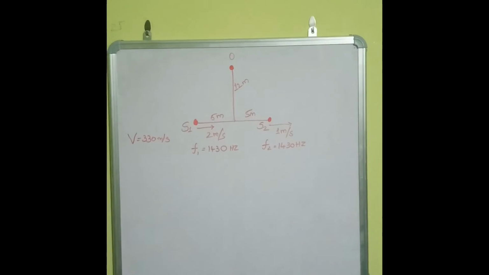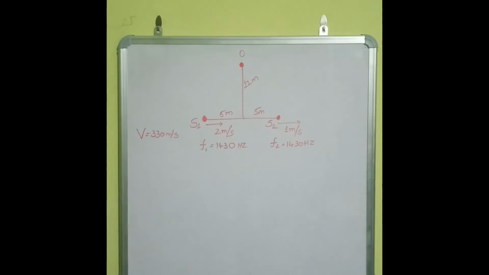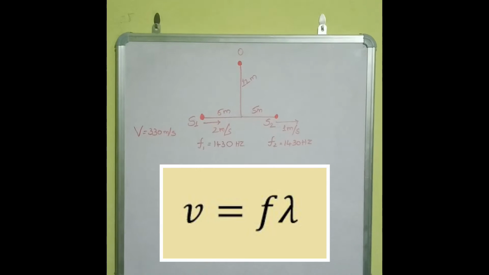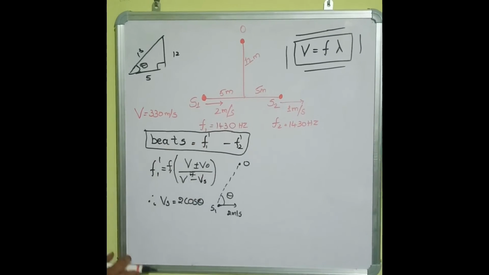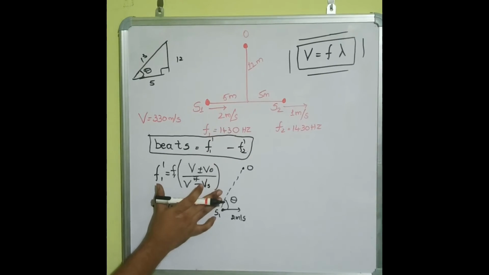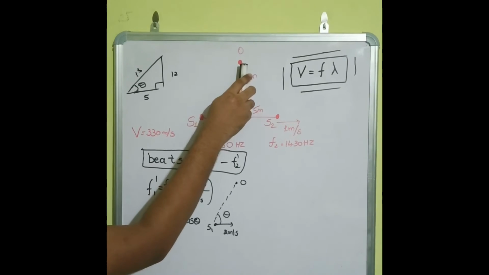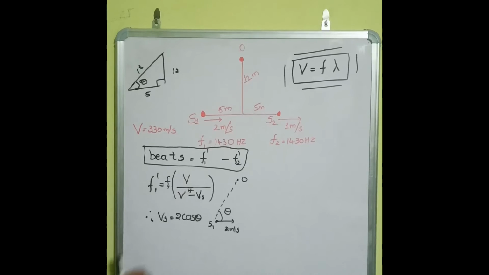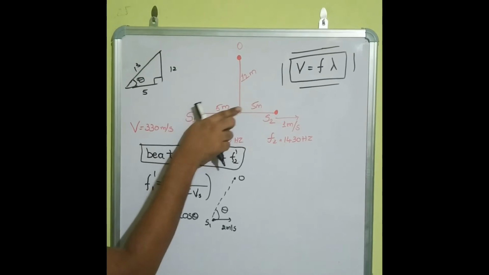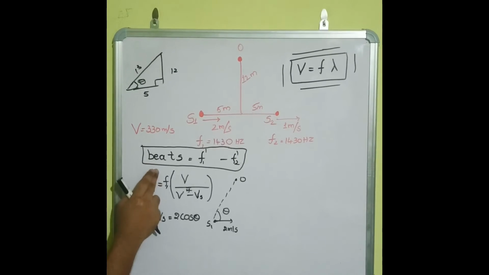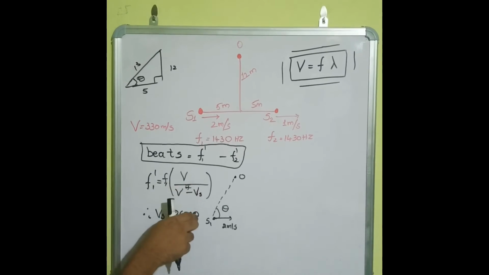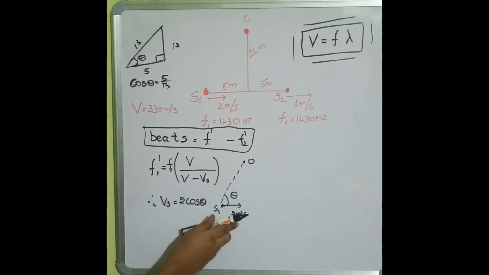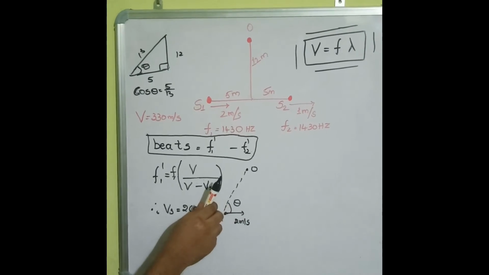Whenever you see a problem on the Doppler effect, the very first thing you should recall is our formula, that is 3.45. This is the formula of our last case. The observer is at rest, so Vo becomes 0, and as our source is moving towards the observer, frequency should increase, so here the denominator should decrease, so we are keeping a minus sign. The velocity of the source should be in a line along the observer.